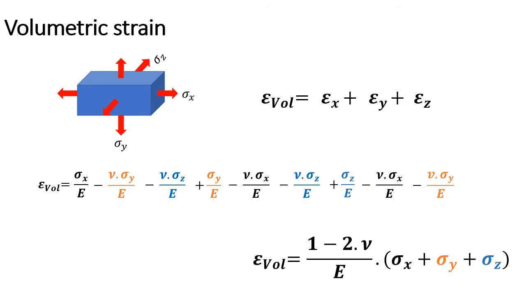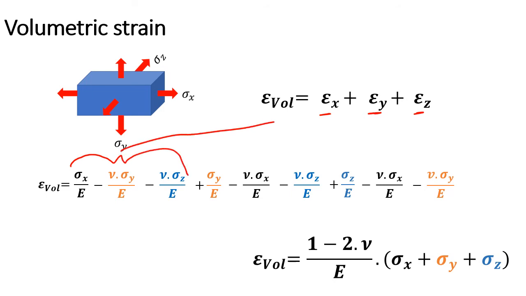So if we think about that, we've got a component here that's subjected to stresses in the x, y and z directions. Then for each of these strains, if we expand effectively the strain x, y and z, then for the x, for instance, then the x strain will be